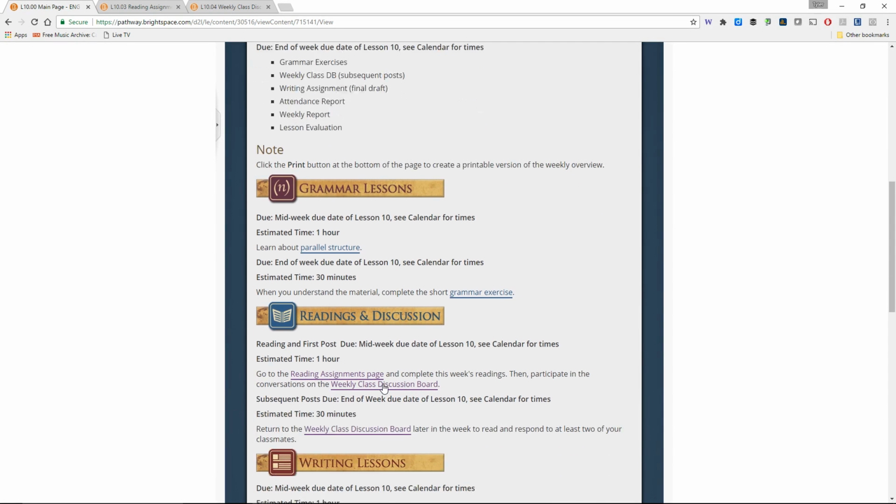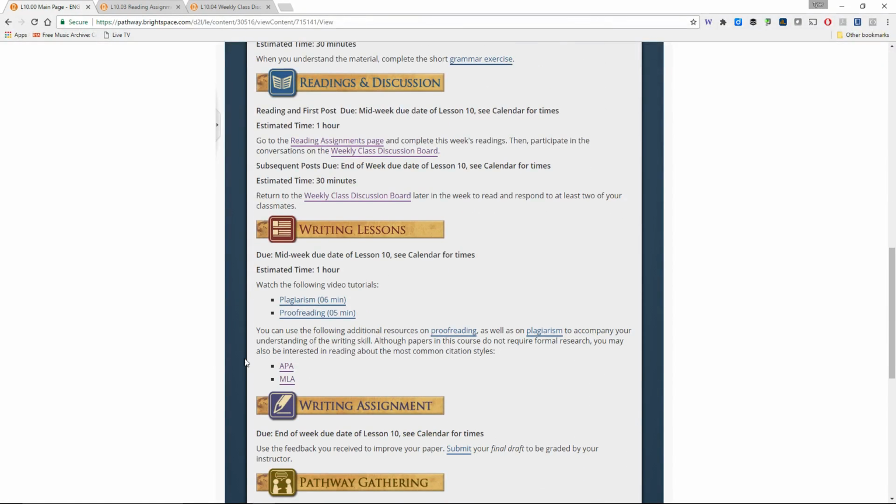So you'll talk about that and do some writing lessons, one on plagiarism, something very important to keep in mind: that you use other people's language and their thoughts responsibly, that you point to them and give them credit where credit is due, and that you are building responsibly upon what others have said about a certain topic. So that's something vital to keep in mind. Also a video about proofreading, and you'll look at some